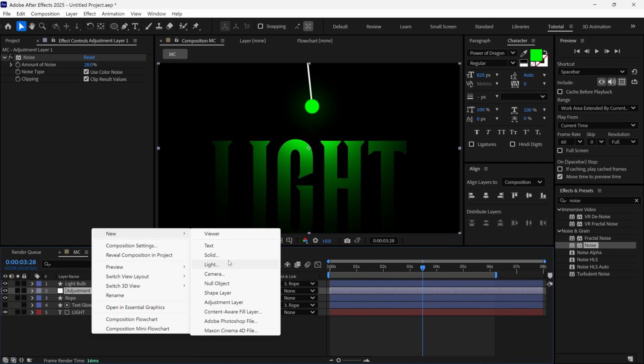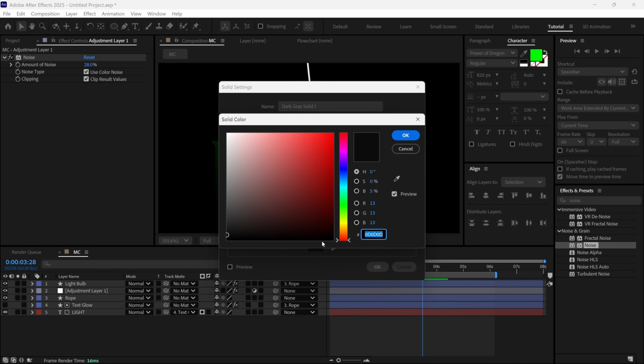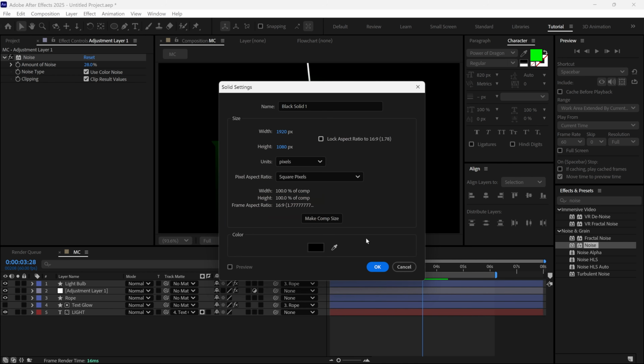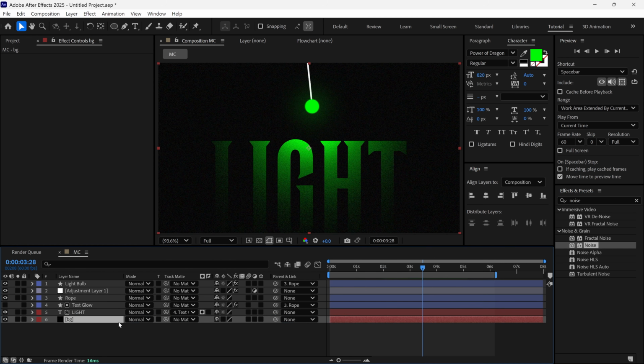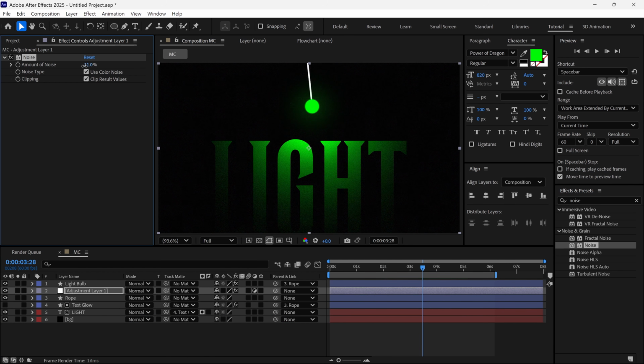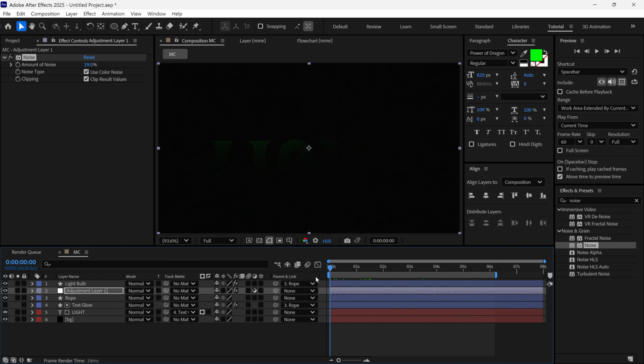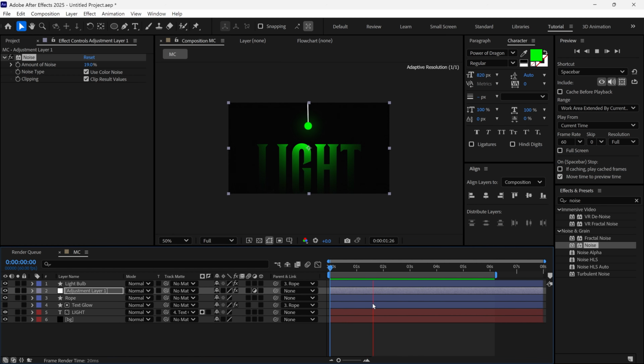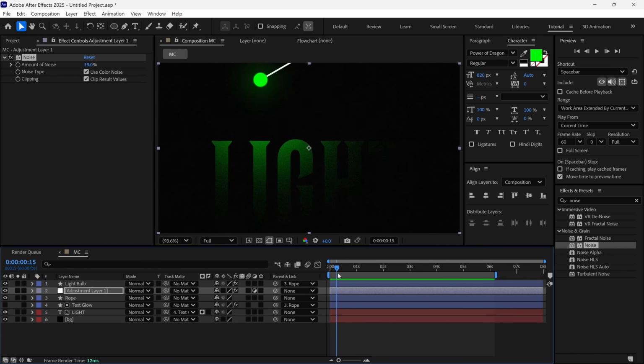Now I add a solid layer in this timeline and place it below all the layers. It's already looking very beautiful, but if you want to add professionalism to this animation, let me show how to enhance it. First, I scrub the